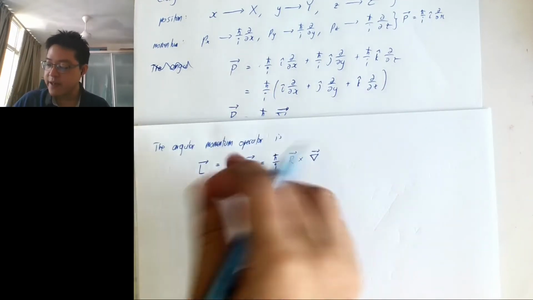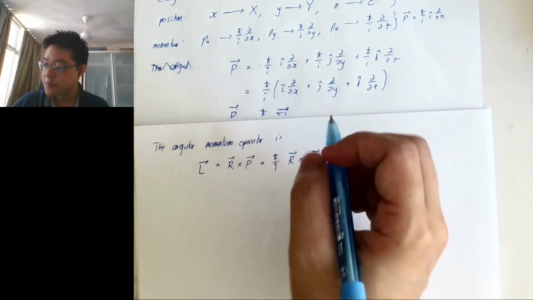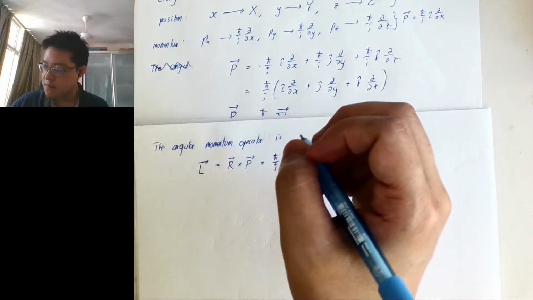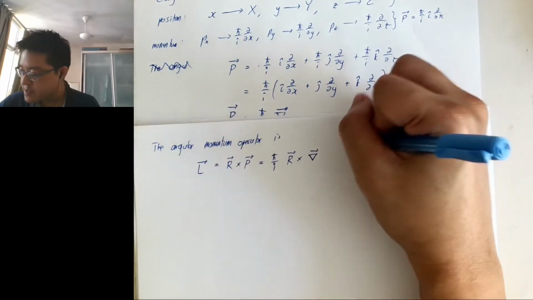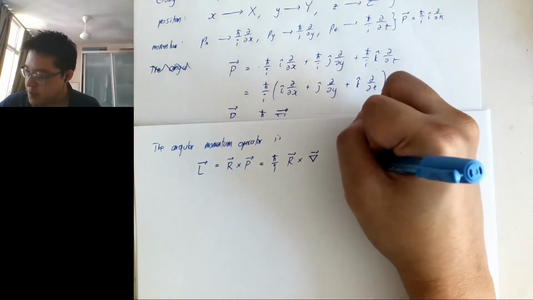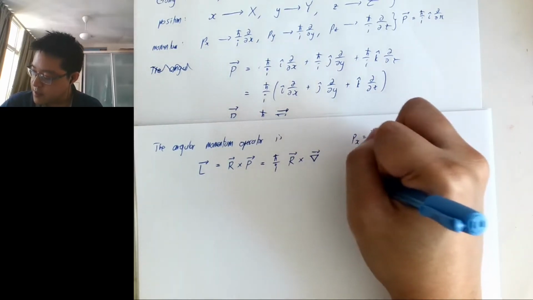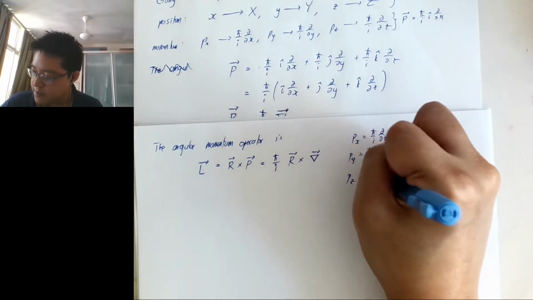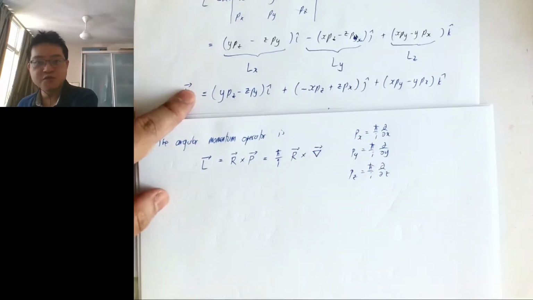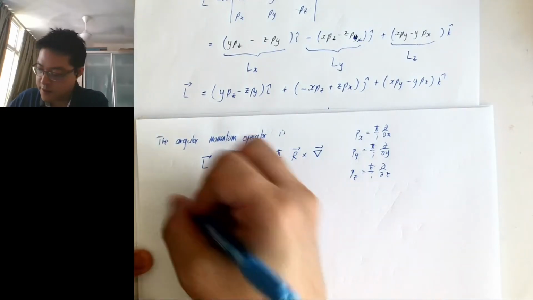But in any case, we will still write this as Px, Py, Pz, right? Yeah, I should have written this, like Px, I didn't write this yet, right? So h bar over i d dx, Py is h bar over i d dy, and Pz is equal to h bar over i d dz, right? So the components of the angular momentum are found through the determinant. So it's the same story that is happening here. The components are